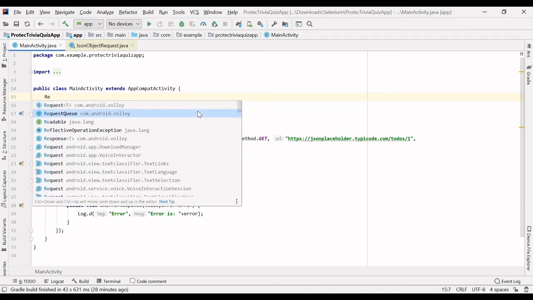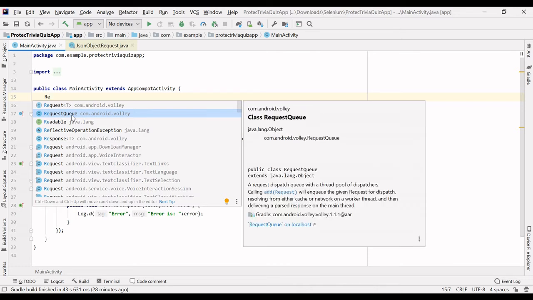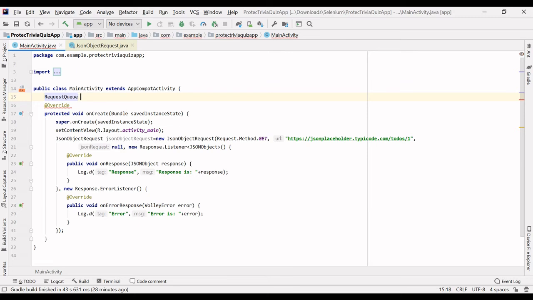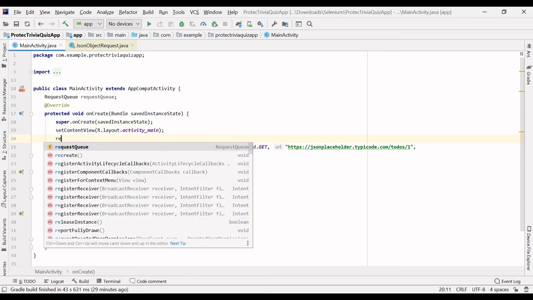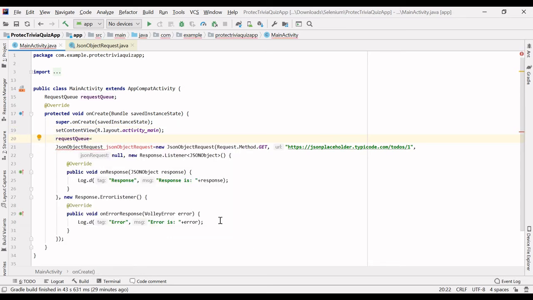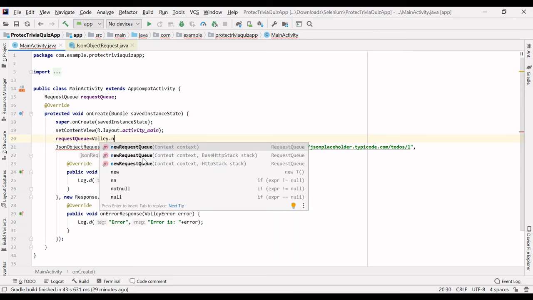I will create a variable for this request queue. There is RequestQueue in the Volley library, and you can also see the declaration: a request dispatch queue with a thread pool of dispatchers. So it will automatically handle all the threads. Mention RequestQueue, and here requestQueue equals Volley.newRequestQueue.